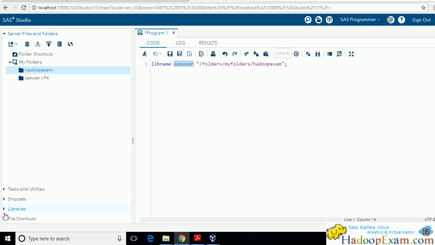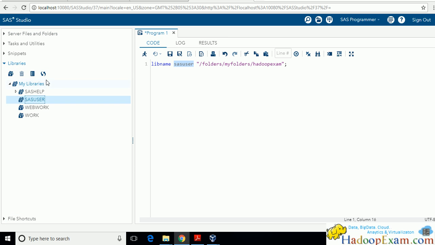If not exists, then it would be created here. So here you can see the libraries already exist. But whatever work we will be doing should be stored on this library. If I do something, then it should be stored in this folder. So this is the linkage between a library and a folder. This library is pointing to this location in my operating system.